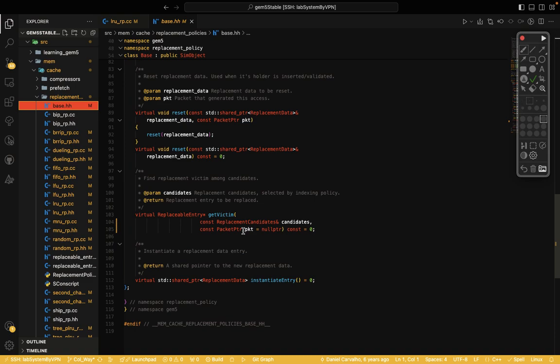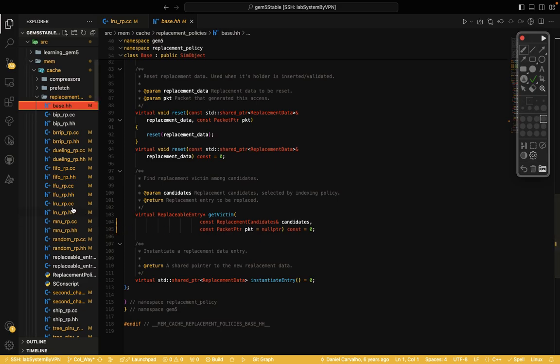But if we set the default value, when we call this function we don't need to update all the places we use it. We can just update the place where we want the effect of this update. If we don't send the packet to this function, by default it sets nullptr to that variable.